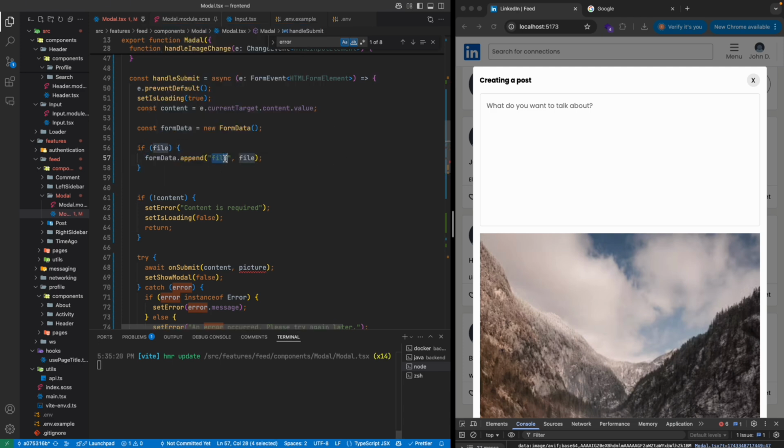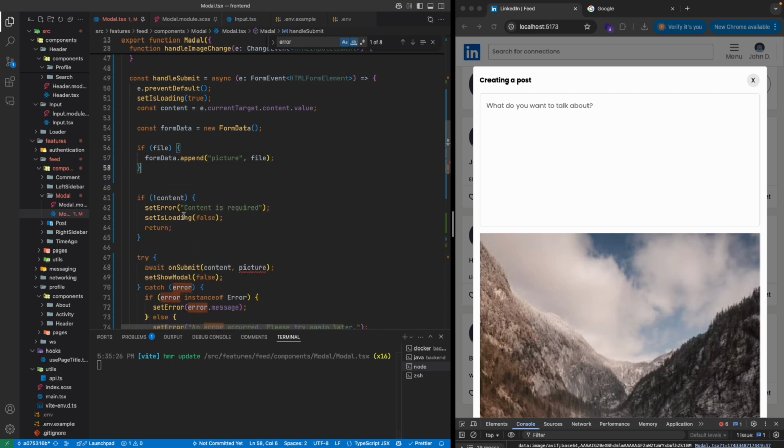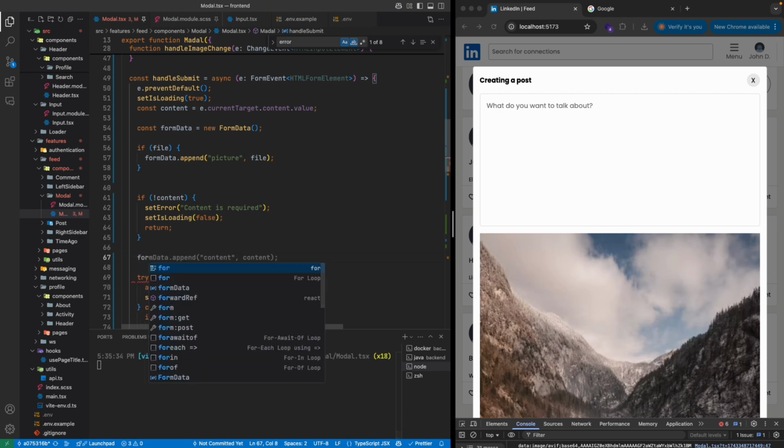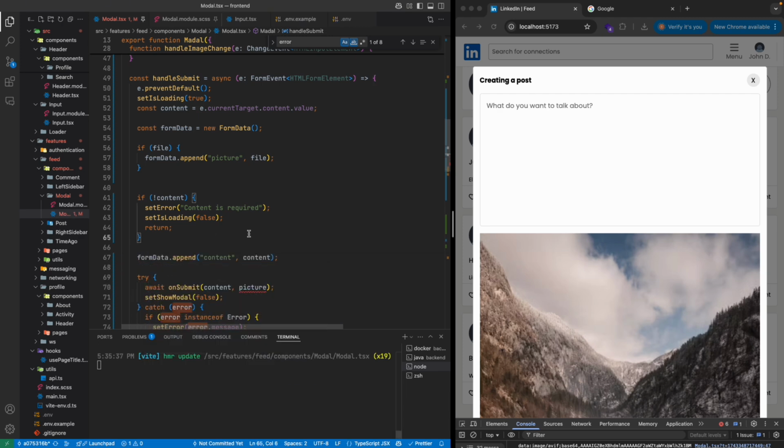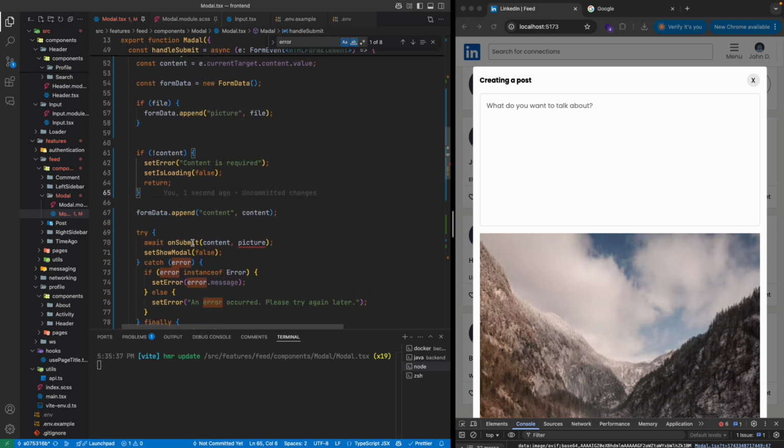Our backend is expecting a picture field, so this is okay, and at the end we're going to append the form data to the content, and then instead of sending this, we're going to send the form data